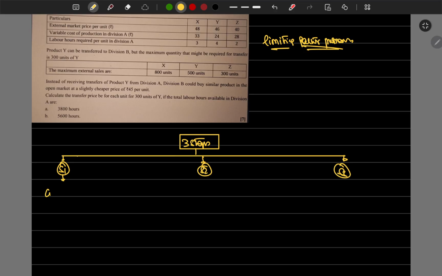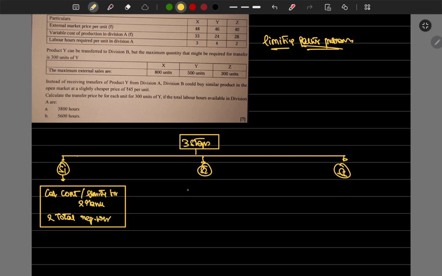Just calculate the contribution per limiting hour and rank it, and then calculate the total required hours. Step 1. Step 2 is calculate transfer price, minimum transfer price